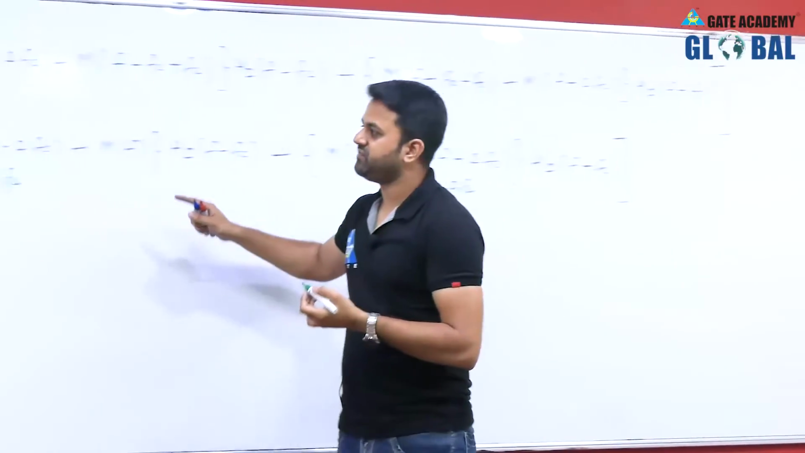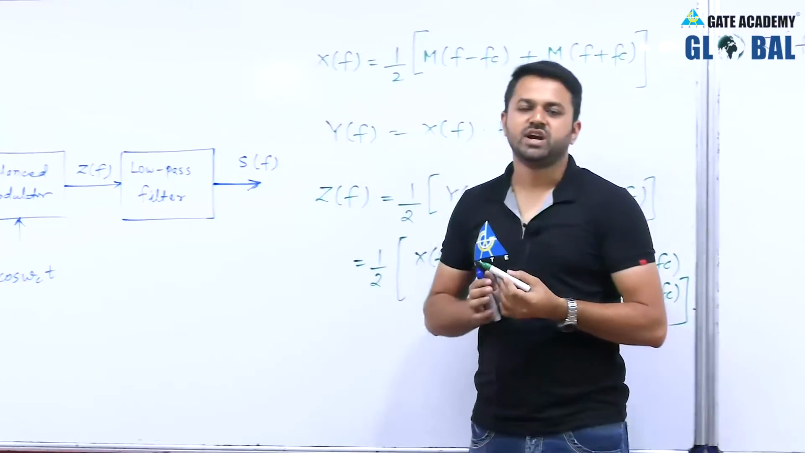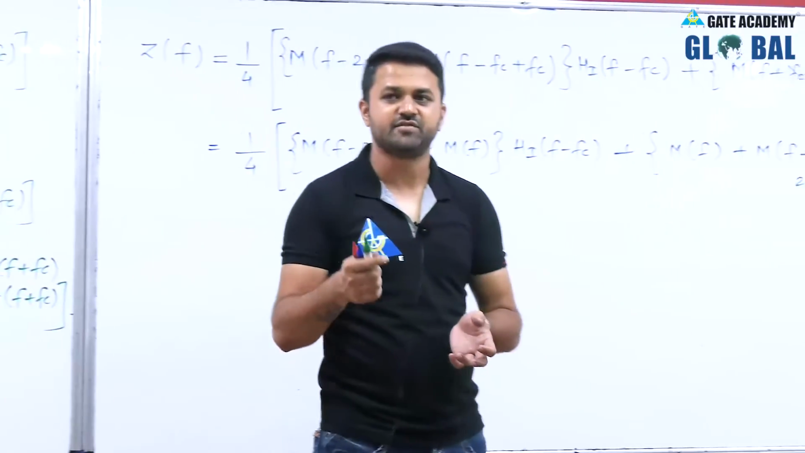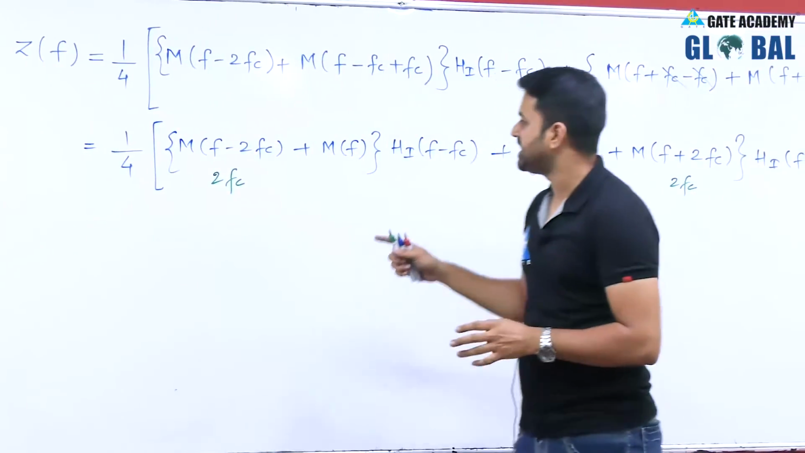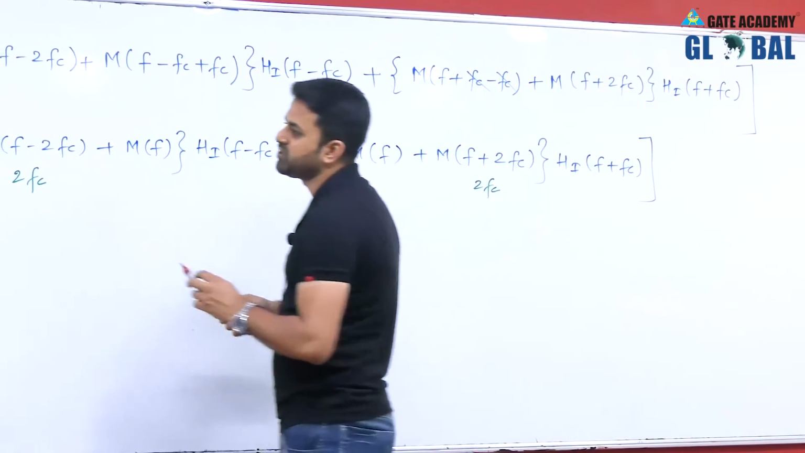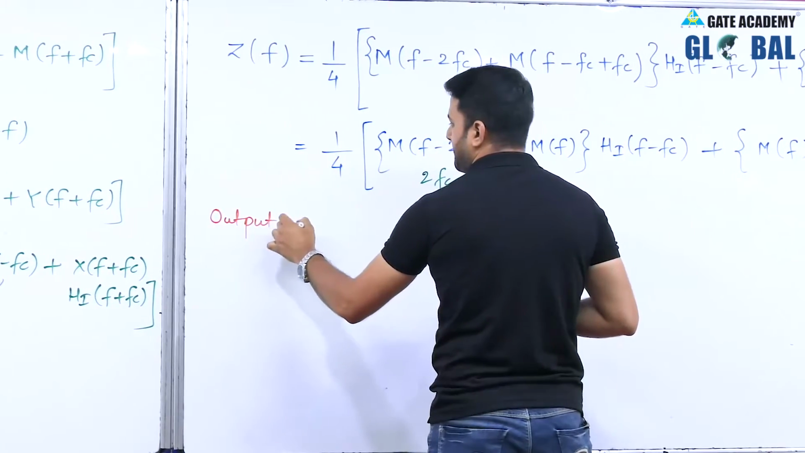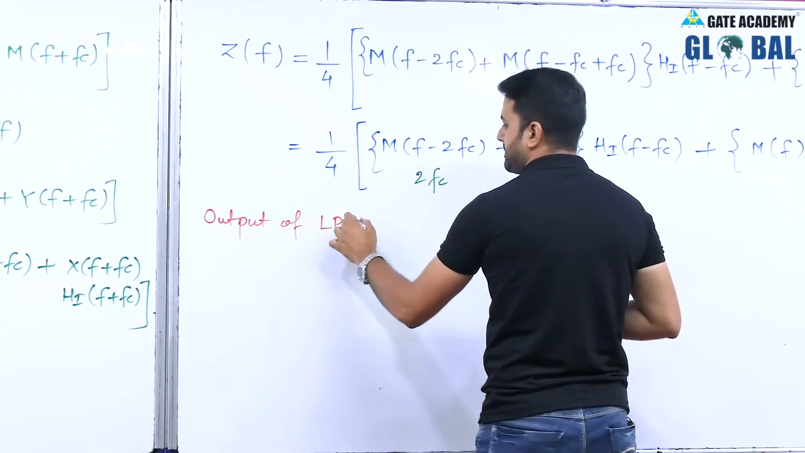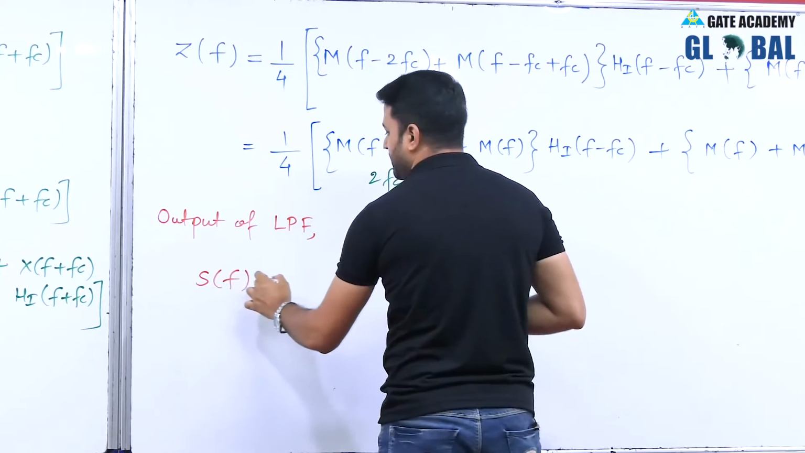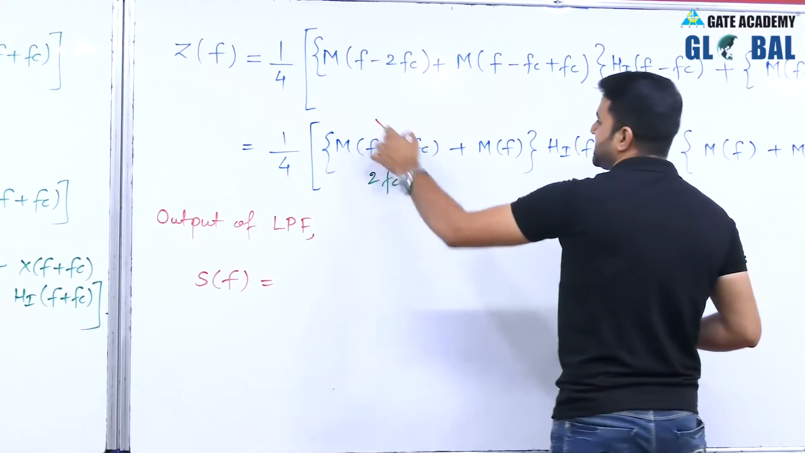This Z(f) will pass through a low pass filter, so it allows only the low frequency signal and suppresses the high frequency signal. So 2fc is a high frequency signal, and it will be suppressed. So the output of this low pass filter, S(f), would be with the high frequency signal suppressed. So this will be suppressed,